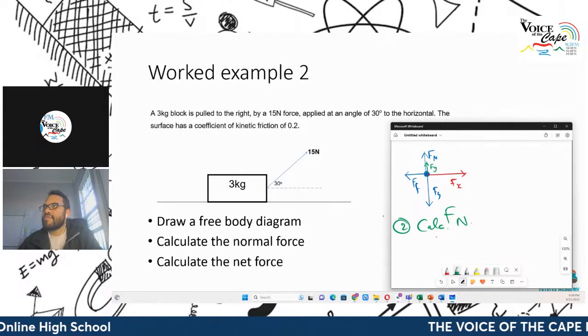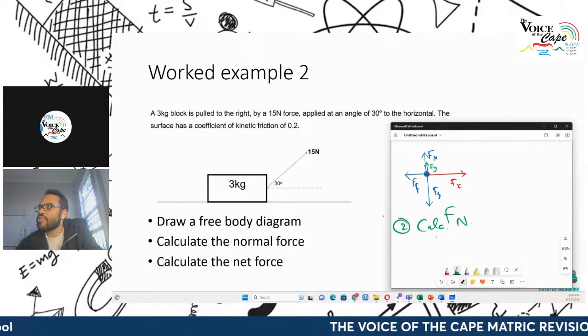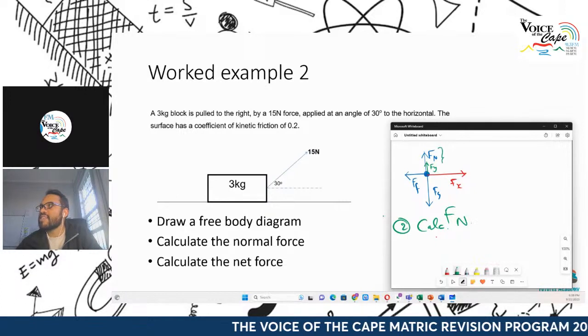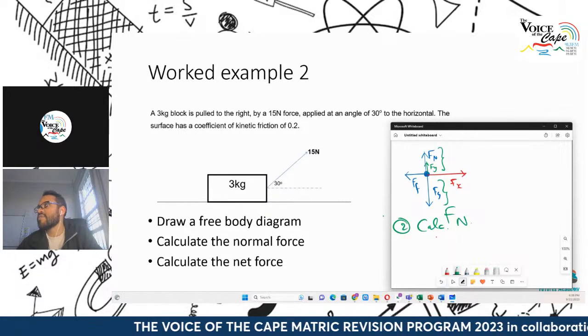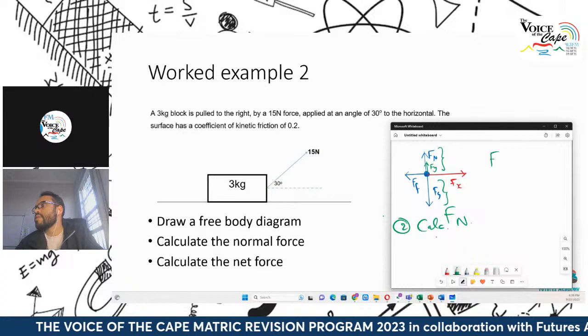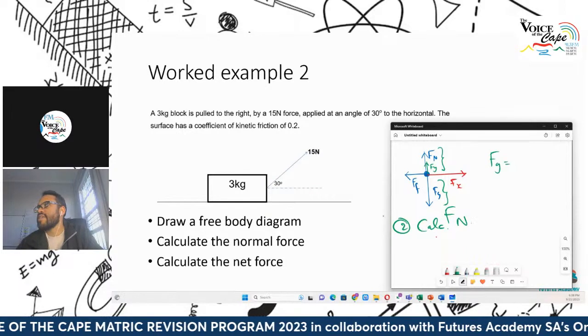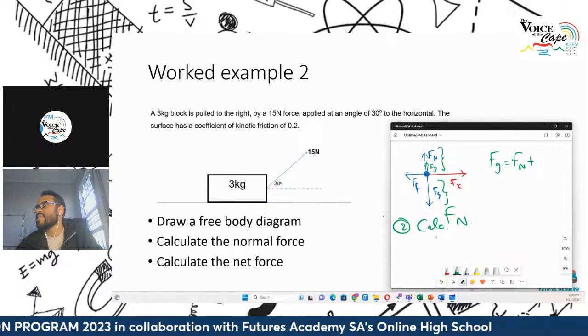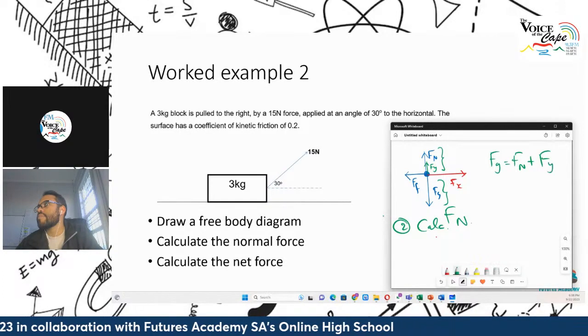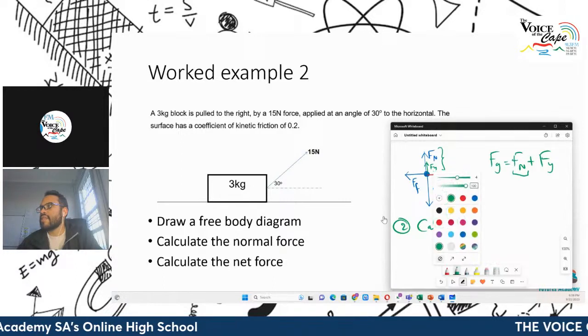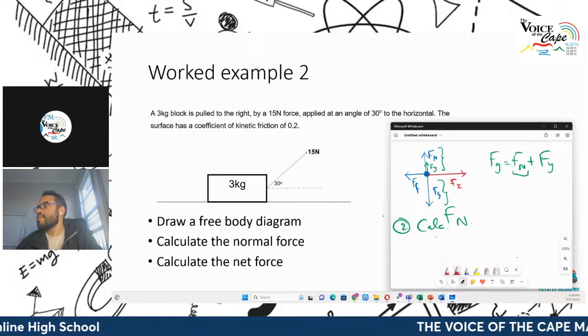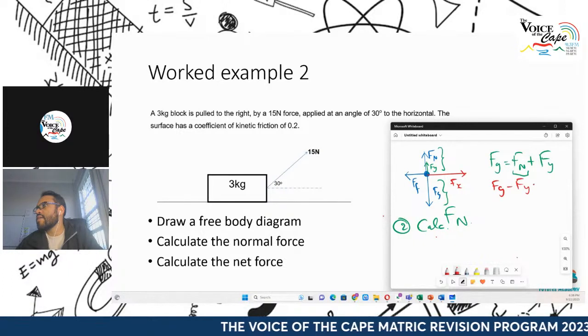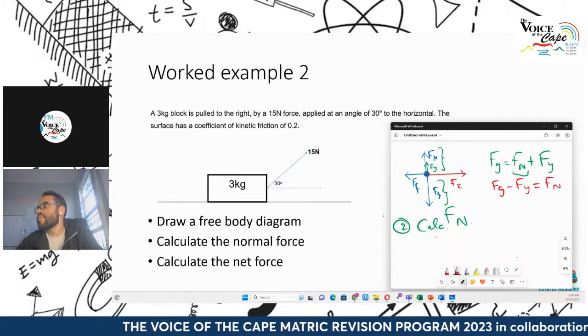So how do we calculate Fn? Well, let's set up an equation. We know that because it's not moving up and down, the sum of these two must equal this thing. So therefore, Fg, which is the weight, is equal to the sum of the magnitudes of Fn plus Fy. They want you to calculate this, so that's a simple mathematical manipulation. So Fn is Fg minus Fy.